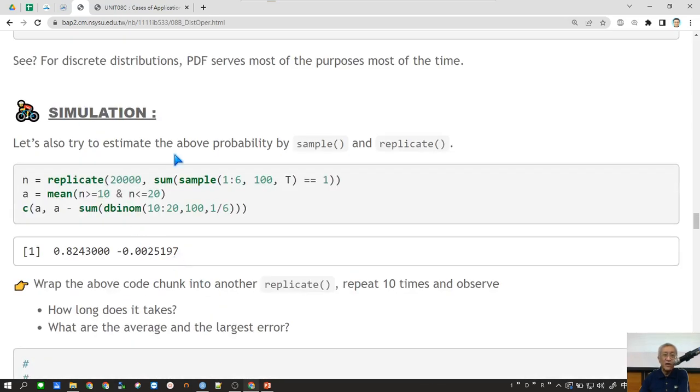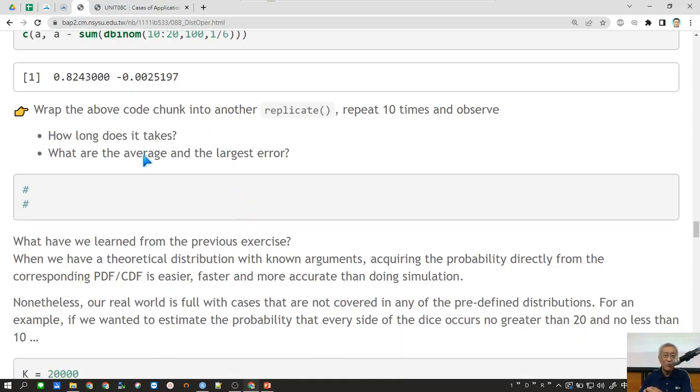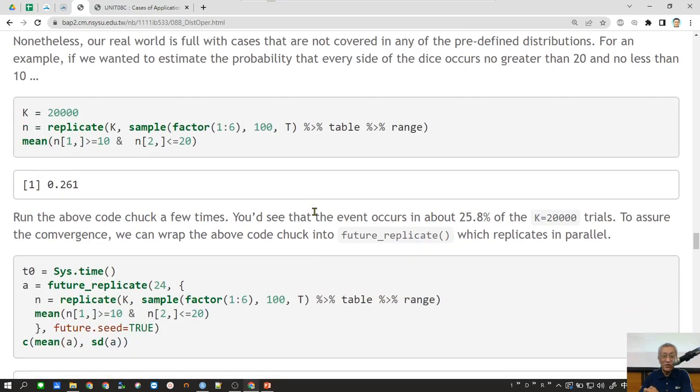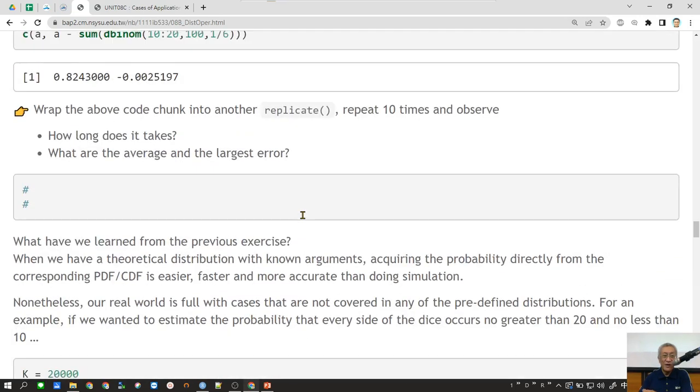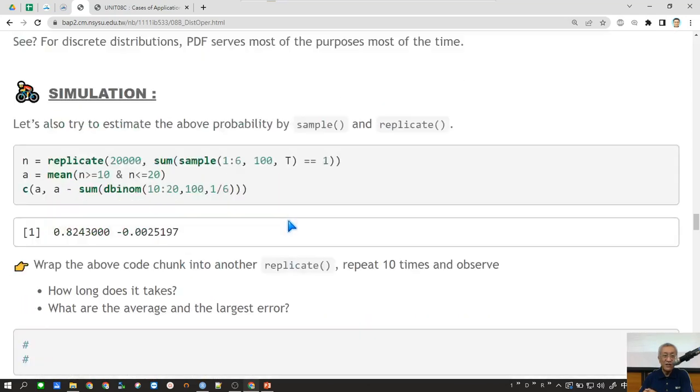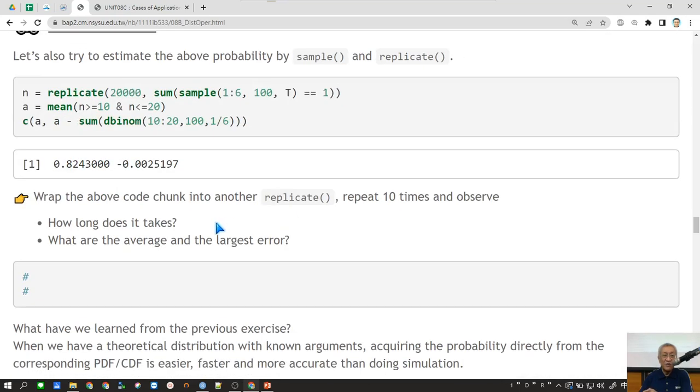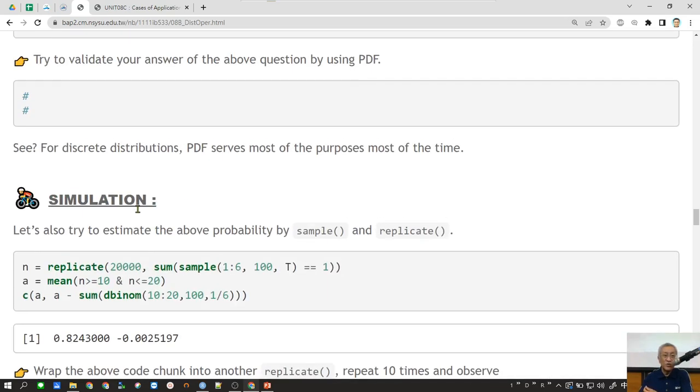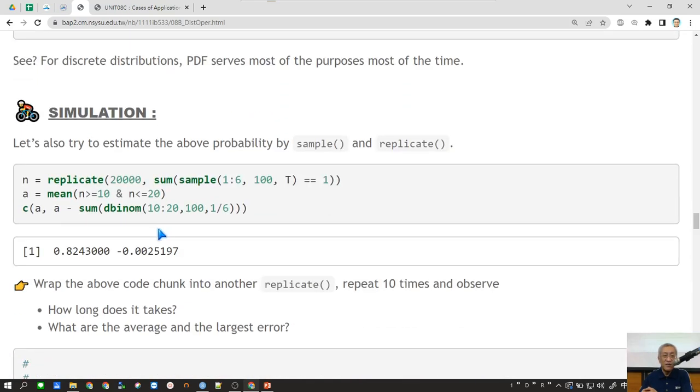Actually there is some simulation here, but because of time, I would jump over this part. If we have time, we can go back to this part again. But as you can see, the reason that we want to use simulation is that sometimes